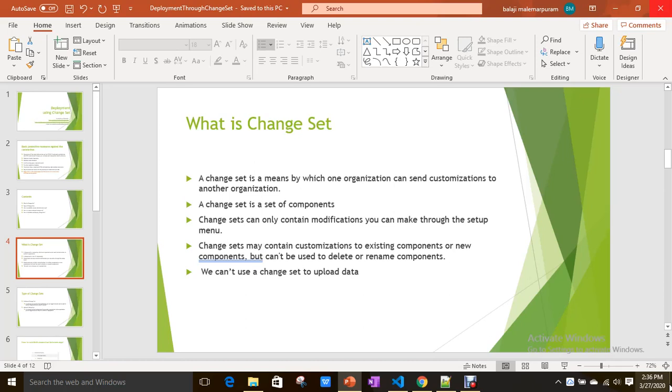And one more thing, you can't upload data through change sets, but you can upload custom metadata, but not the records of custom objects or standard objects. Okay,